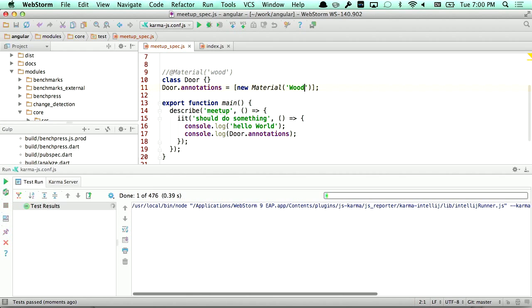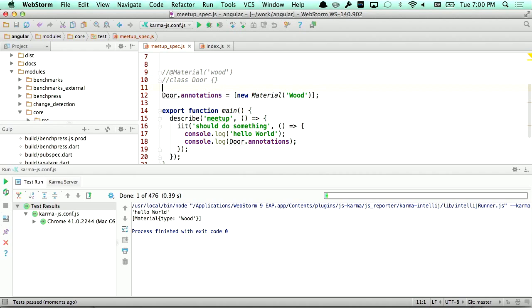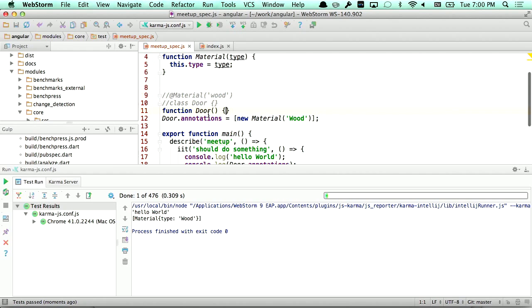And if I still run this, I still have the same result. And obviously, this thing is just function door. Right, that's all you get. So all we are basically creating is just a simpler way of expressing the stuff that you could already express in ECMAScript, but in a syntax that's much, much friendlier.